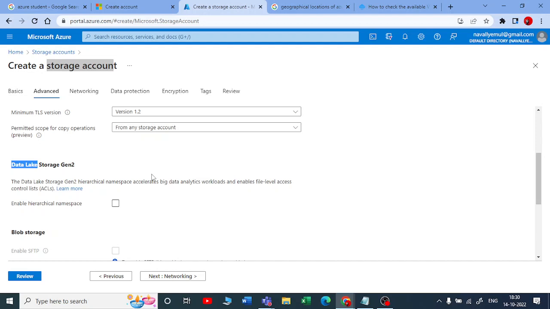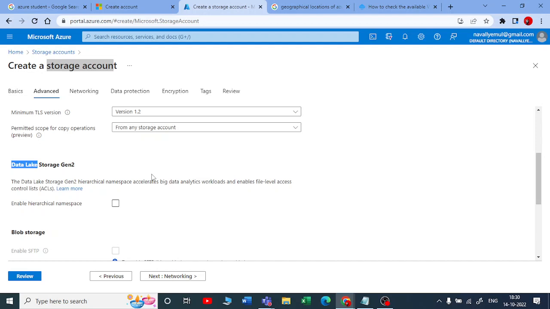A data warehouse is the architecture where you store all your structured data, and you have a lot of security for that, and the cost compared to others is very high. What if you have semi-structured or unstructured data? You cannot store that in a data warehouse. For that, you can store it in a data lake.